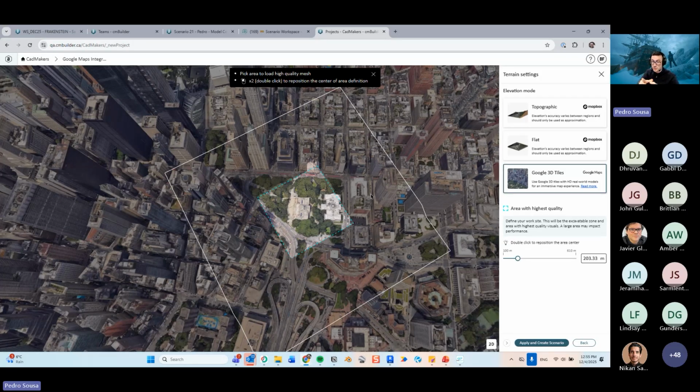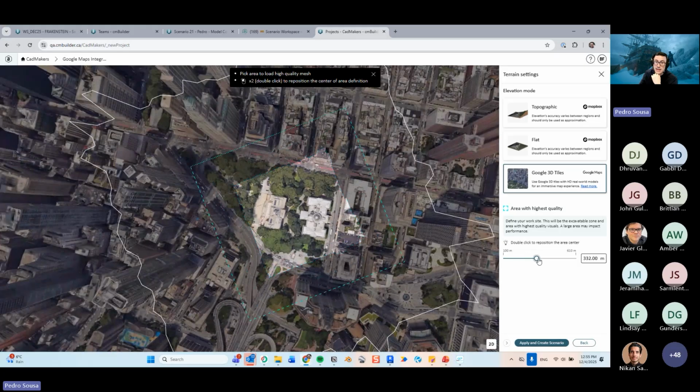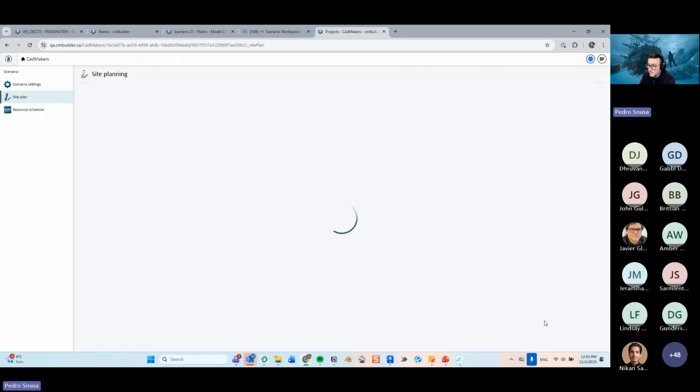So we need to choose the areas where you're going to focus on the quality that you want. Let's say I want this area over here to be high quality. I can expand that a little bit more, or make it smaller. My suggestion when this is live: try to make it as small as possible to save some performance. And when you click to apply and create the scenario,